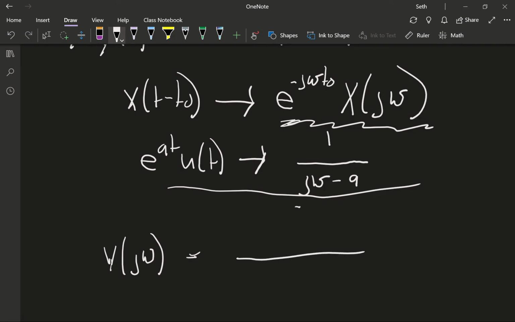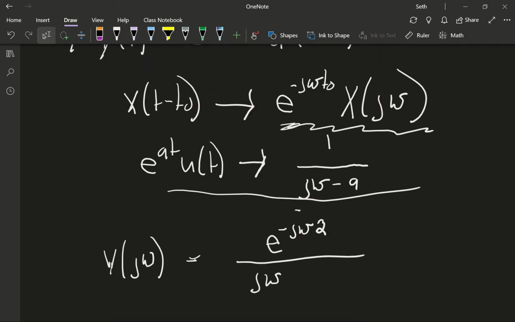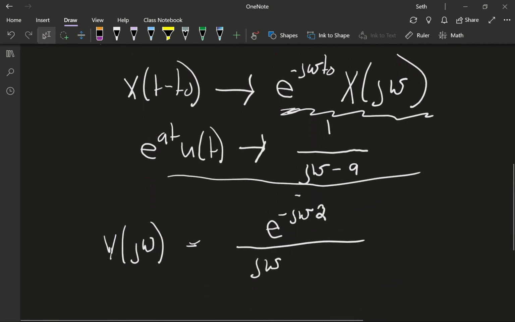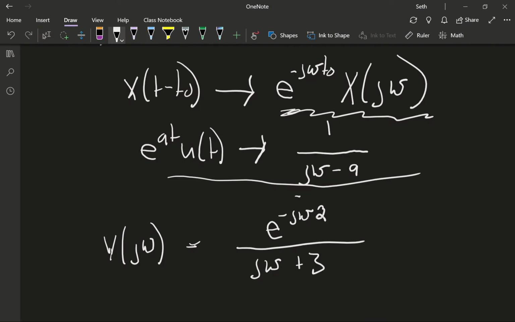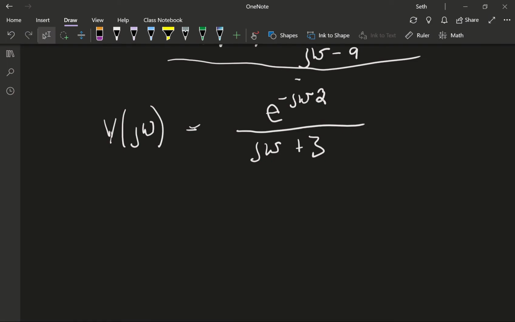Here's our time shift. And j omega, and we have, I believe it's a 3, yep, it's a minus 3. So we get plus 3. So you see that's just the time shifted